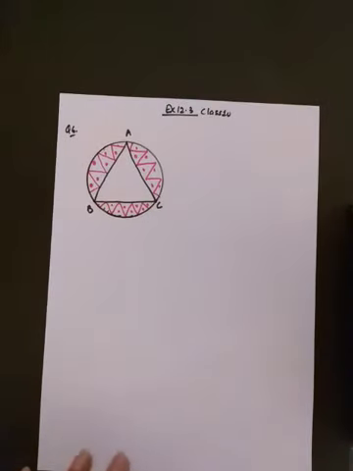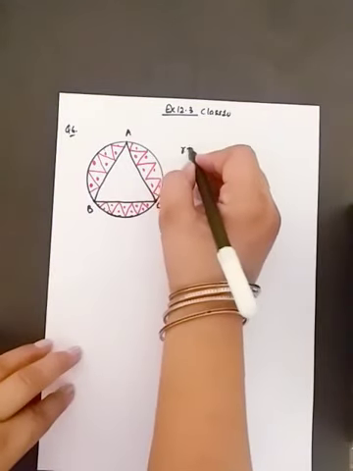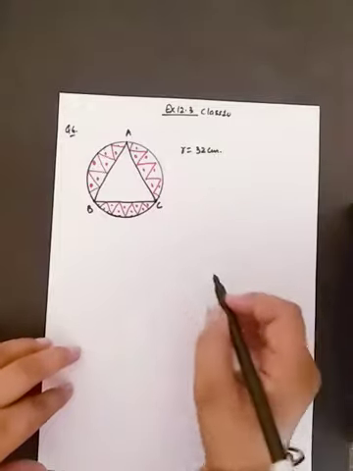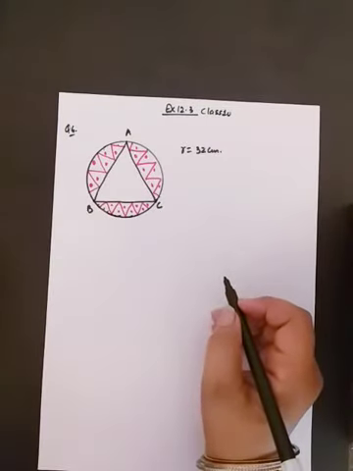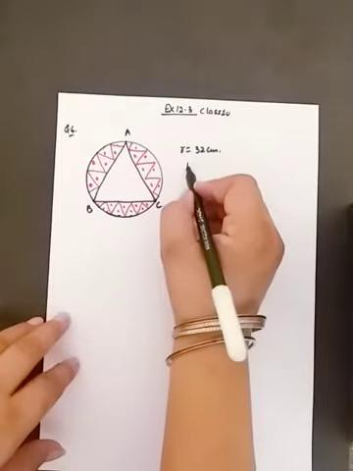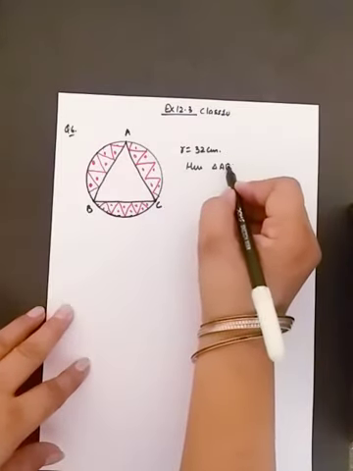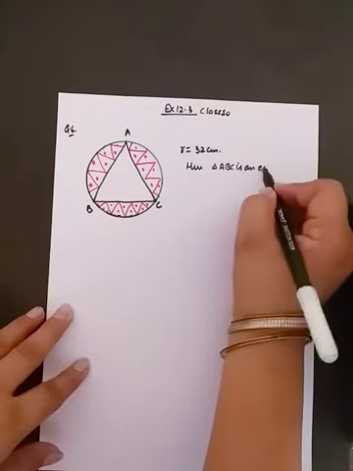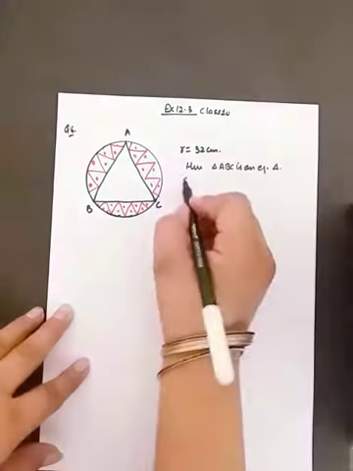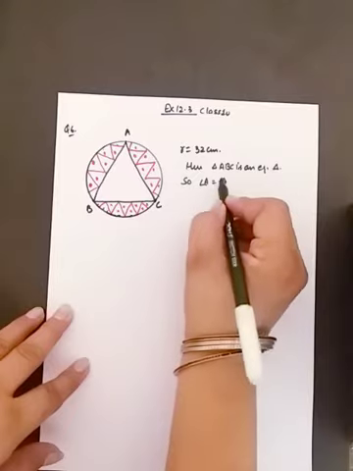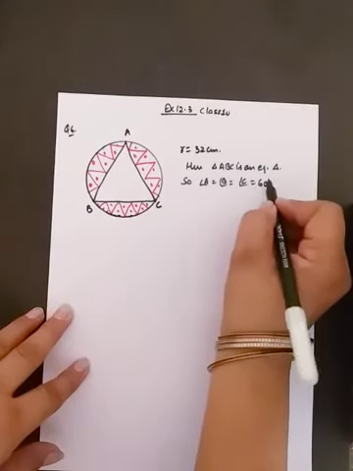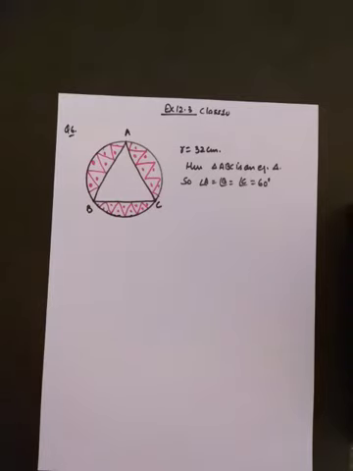Next, question number 6. In a circular table cover of radius 32 centimeter, a design is formed leaving an equilateral triangle. Here, triangle ABC is an equilateral triangle. So, angle A is equal to angle B is equal to angle C. It means each angle is of 60 degree, in the middle as shown in the figure. Find the area of the design. We have to find the area of design here.